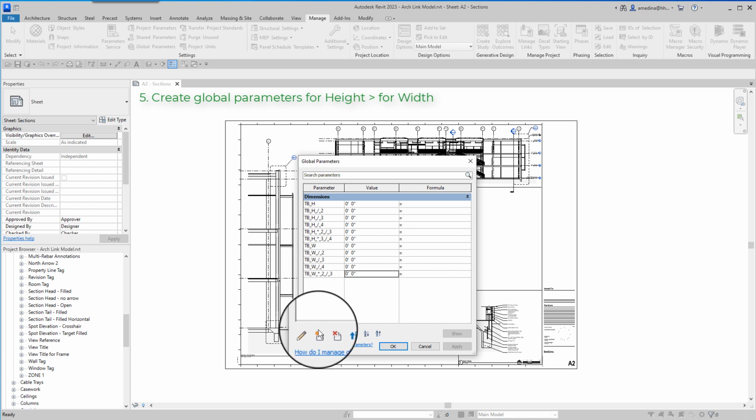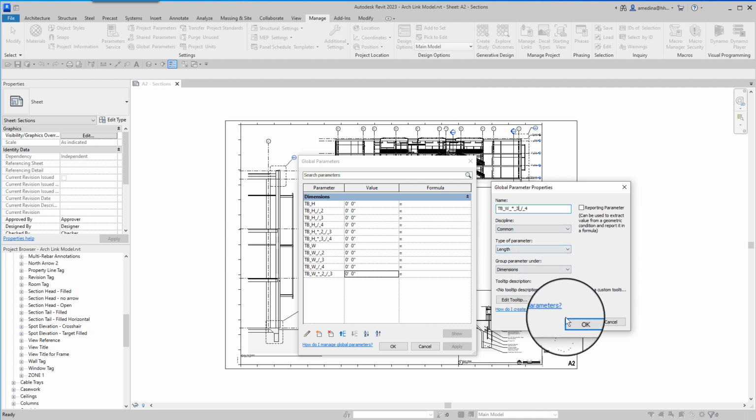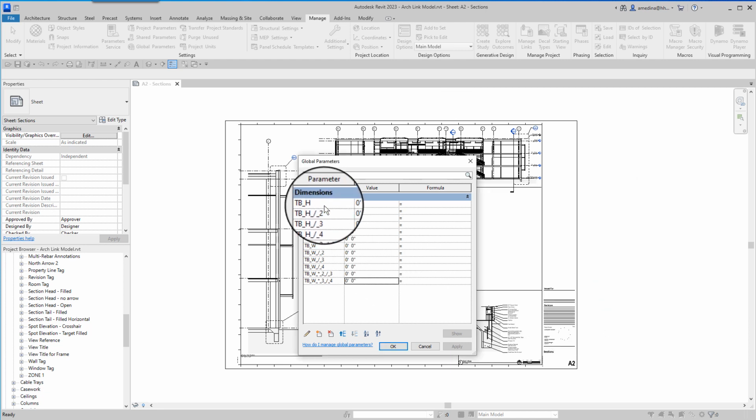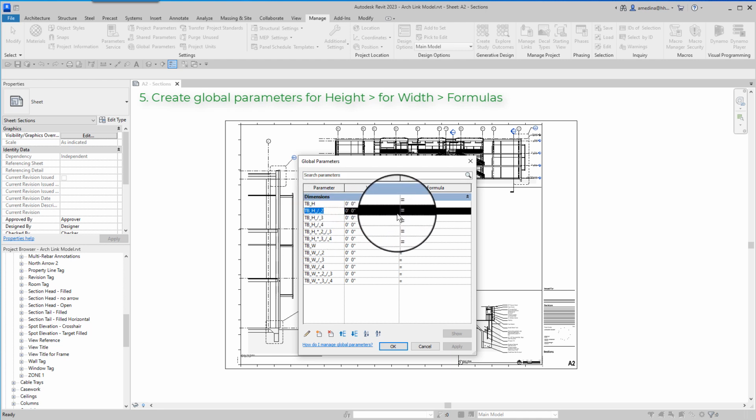And finally, 3/4 of the width, right? 3/4. Okay. Now let's do the formulas. The formulas will be basically this, almost the same format that I used for the name.